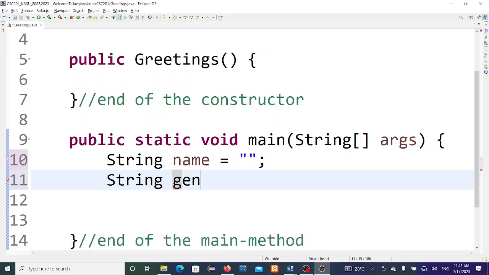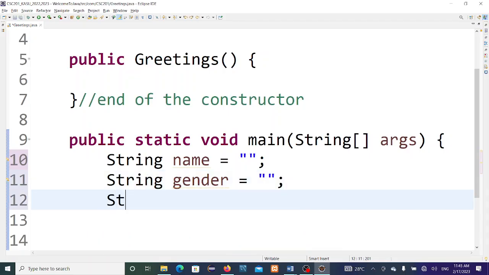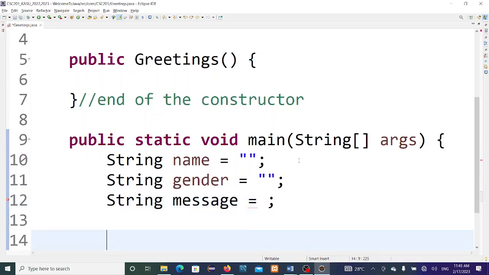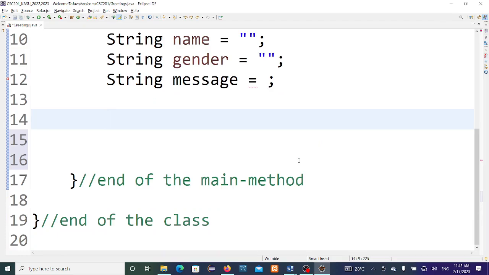Okay, gender, whether male or female, right? Yes. Then what? String what? Message or greeting or whatever you want. Well, so these are local variables. Okay? Then for the scanner class,